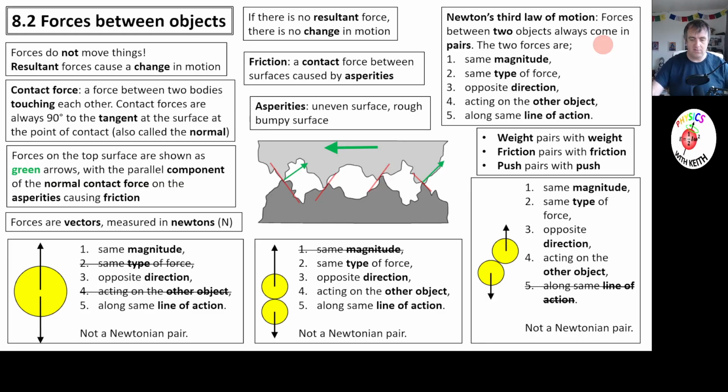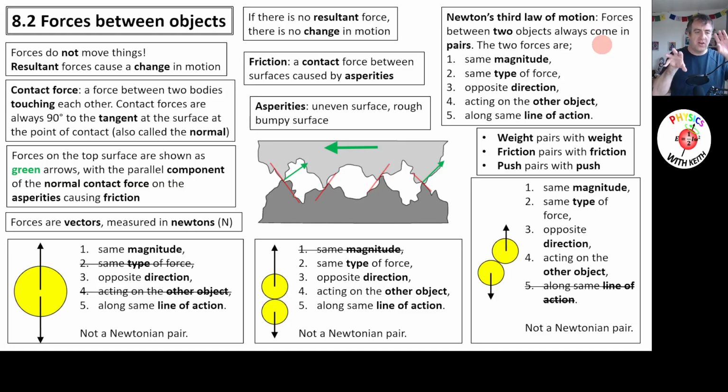Brace yourself, you'll very rarely hear me say this. Most people will learn that every action has an equal and opposite reaction. That was disgusting. That's what most people learn. There are problems with that phraseology. For a start, action means something particular in physics, and it's nothing to do with forces. Secondly,